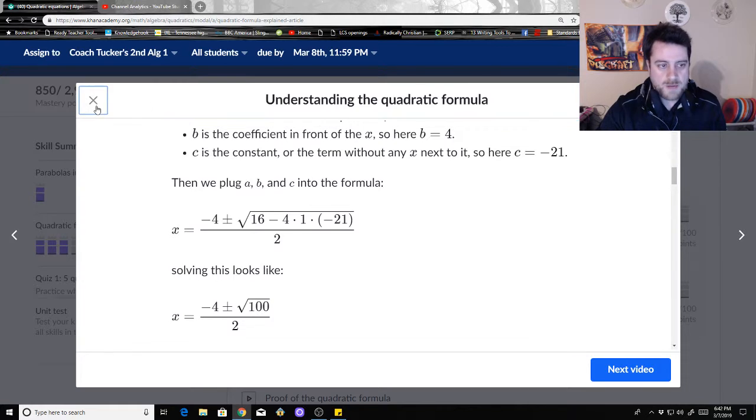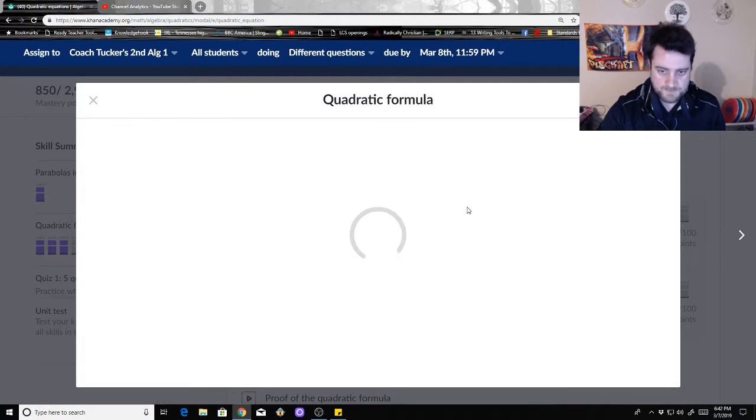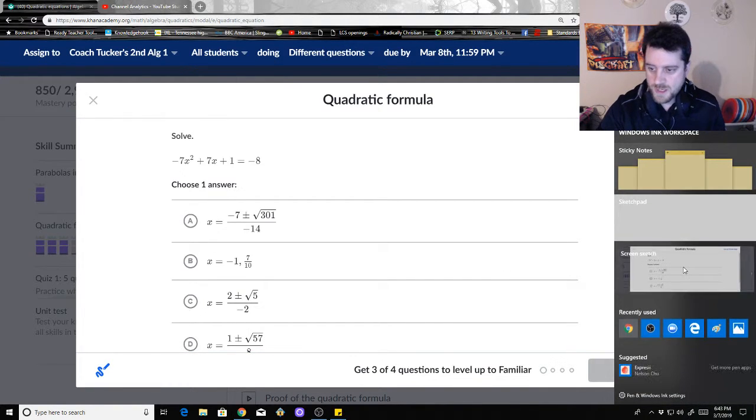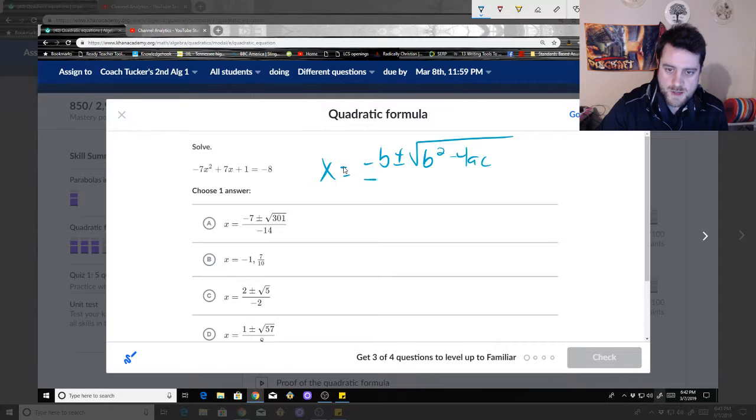of that. I'm just going to go ahead and start a practice problem. So let's just go here. And here we are. So let's just go ahead and start working. So first things first, the quadratic formula is, where's my thing at? Oh, here we go. x equals negative b plus or minus the square root of b squared minus 4ac